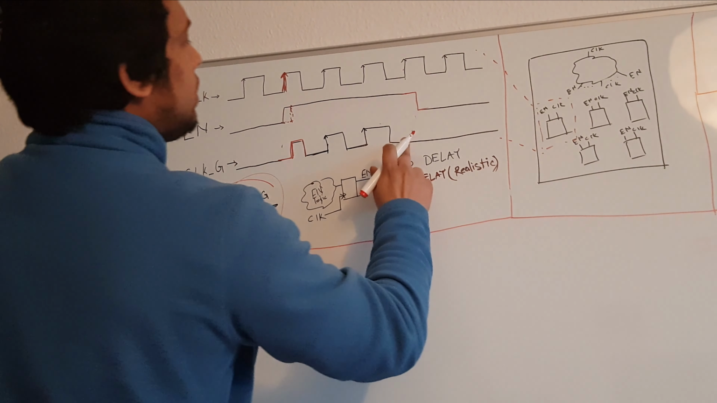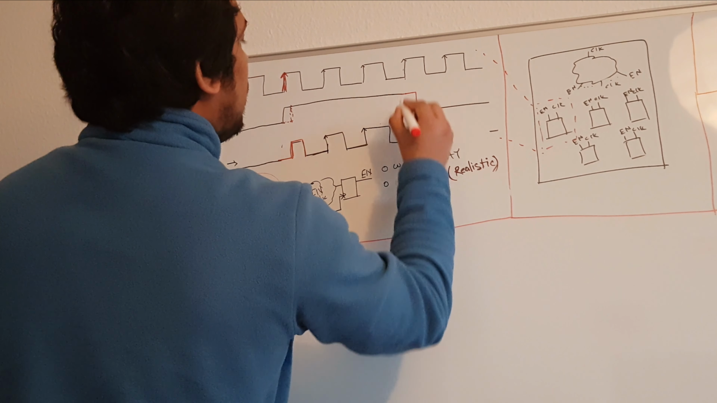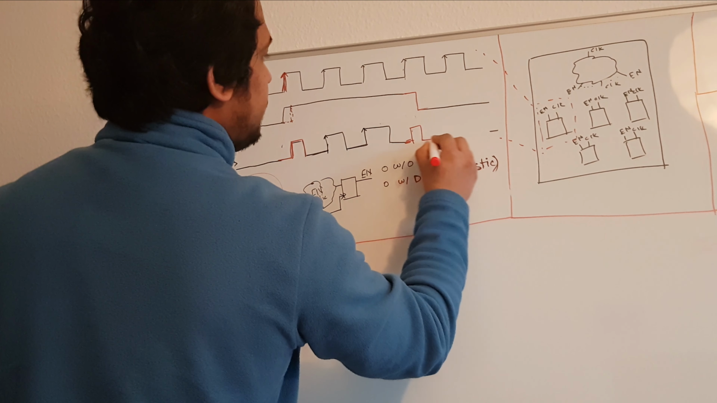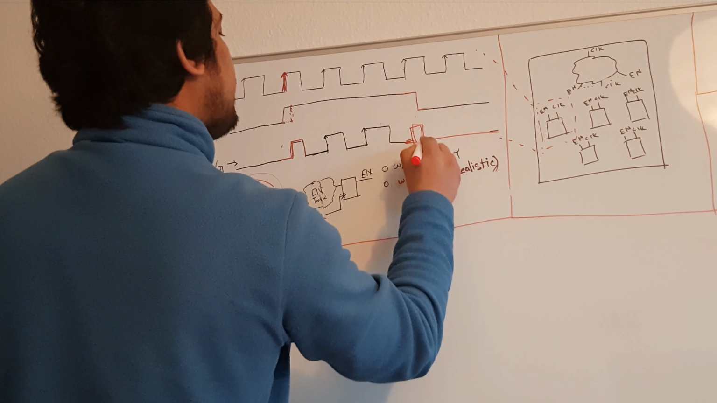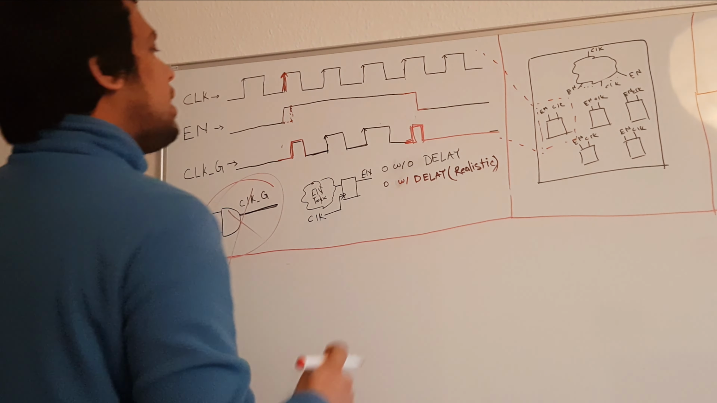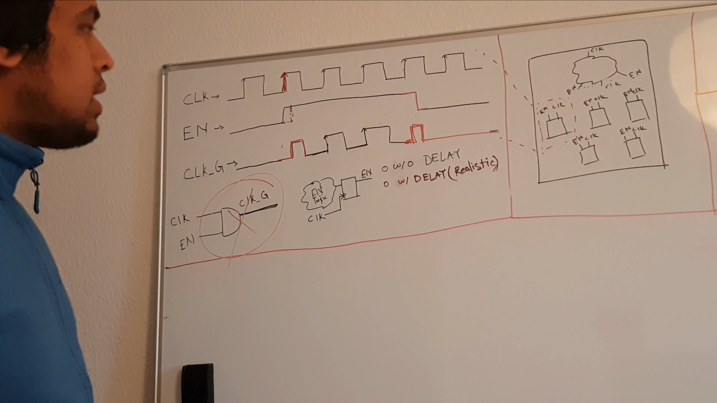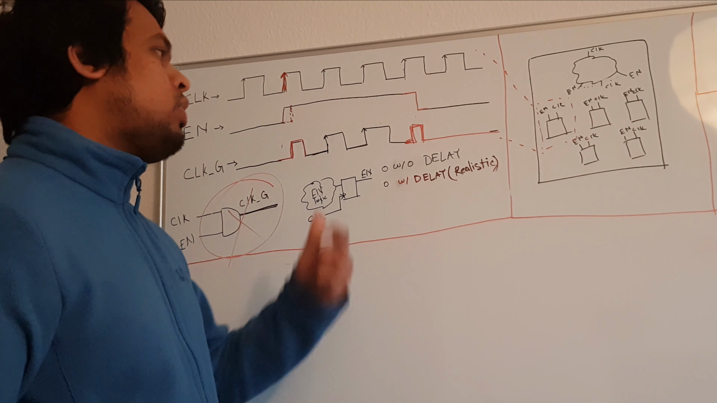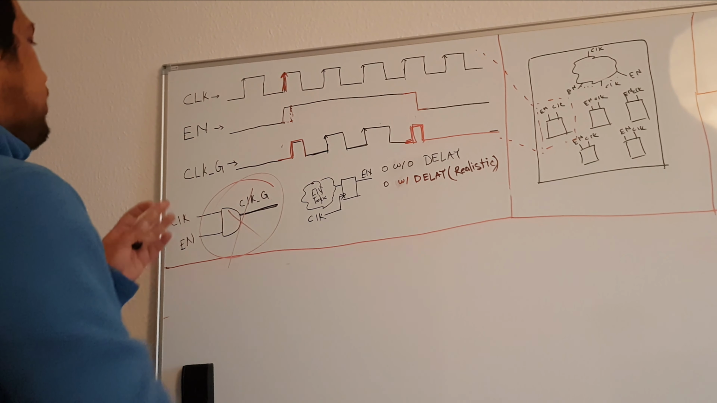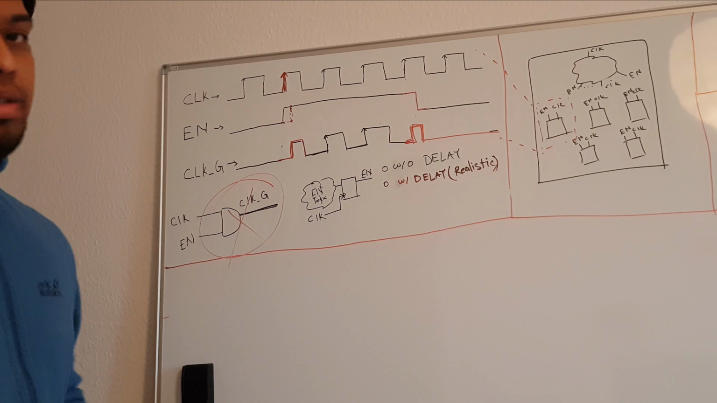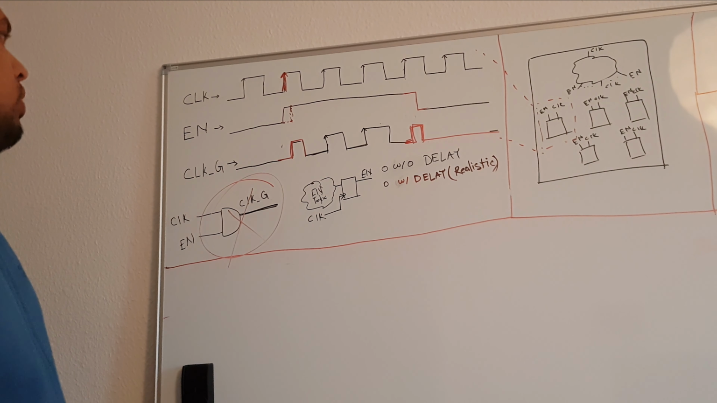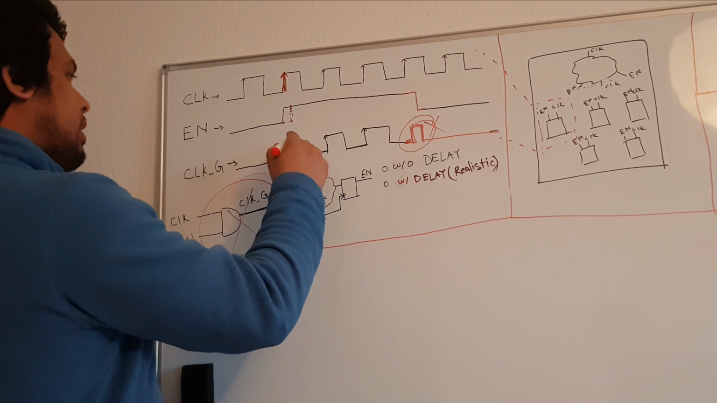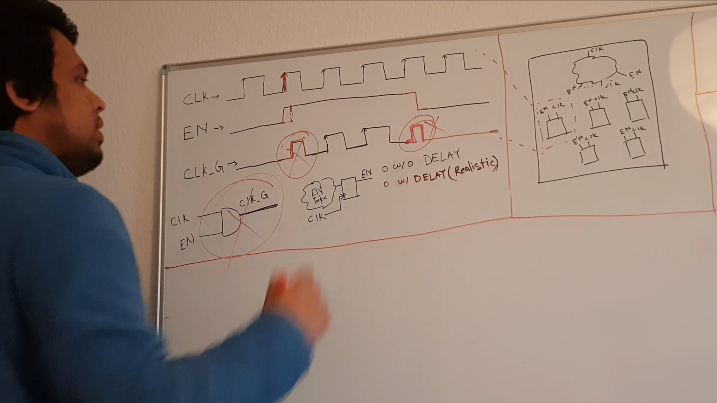That means that here we will have a very small glitch, because, and this is actually an unwanted clock glitch that we have just produced because of this kind of logic of the AND gate. So this is not wanted, and this is also not wanted. The reason is that